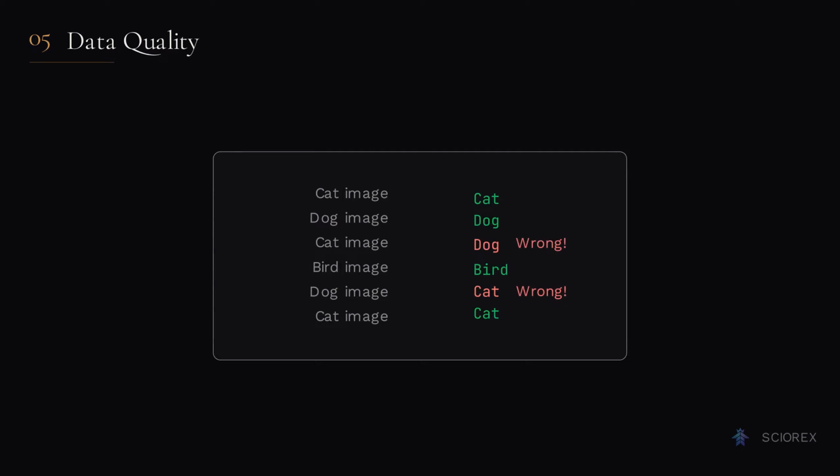Noisy labels are more common than people expect. In a dataset of 10,000 images labeled by crowd workers, maybe 3 to 5% of labels are simply wrong. A cat labeled dog, a benign tumor labeled malignant. The model dutifully tries to fit those wrong labels. On a small dataset, a few bad labels can distort the learned decision boundary. On a large dataset, the majority of correct labels tend to overwhelm the noise, but the wrong labels still waste capacity and can create subtle failure modes.